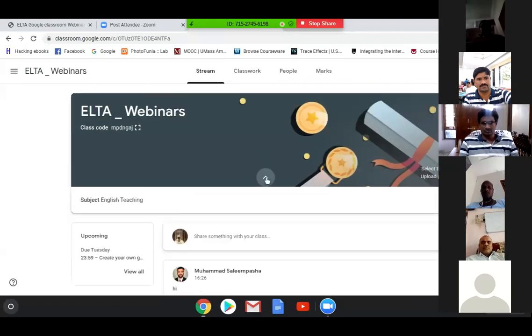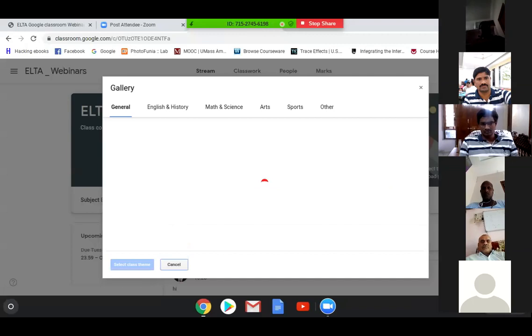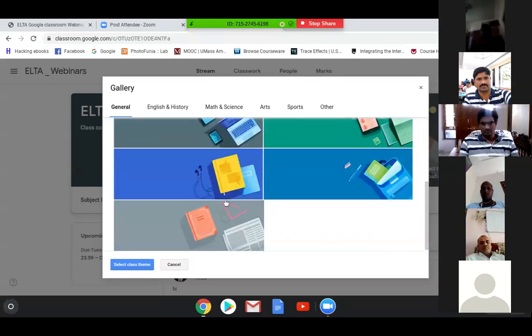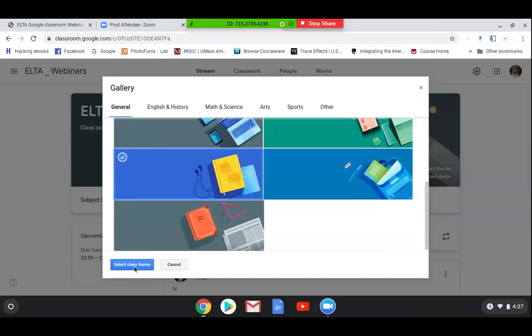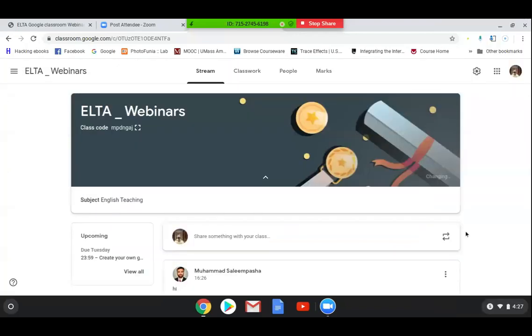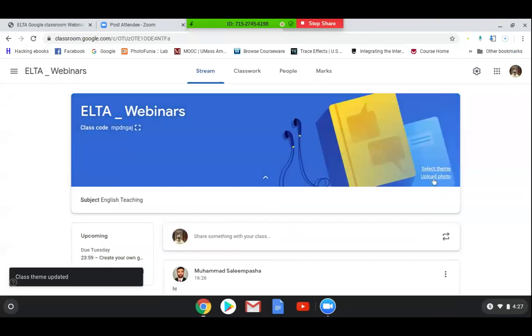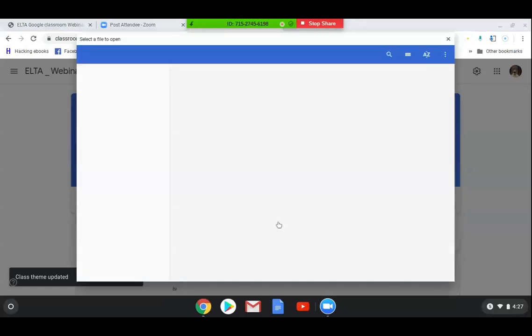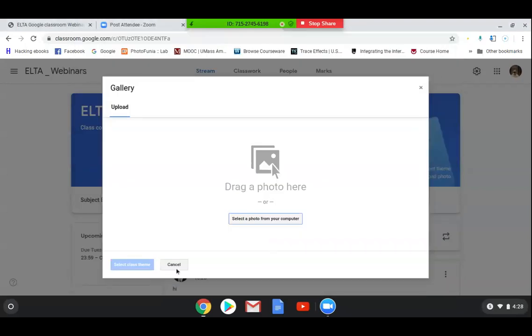And here you can change the theme also. Suppose you don't like the theme that is appearing there, you can select different ones like this one, like that. Your classroom themes will be changed. So let us use this. Okay. So it will change. It will become a new theme again. Otherwise, you can select your photo also. You want anything, you can select from computer and you can edit anything. So this is also okay. I'm not doing that now.